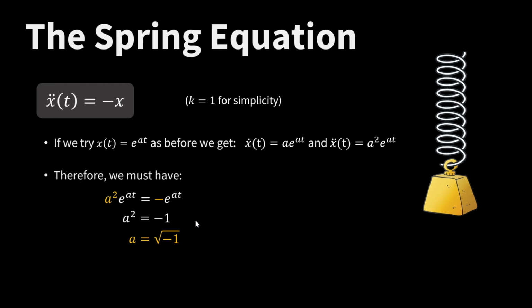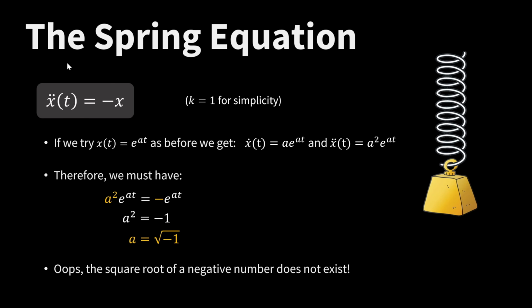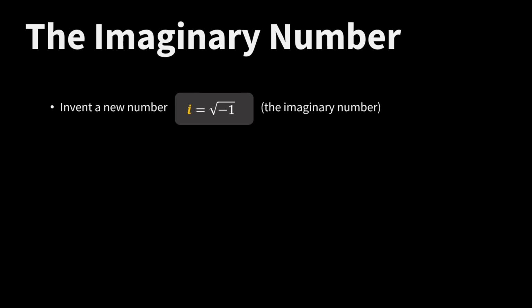So a itself is the square root of minus 1. Oops, the square root of a negative number does not exist. It seems that the differential equation has no solution. However, we know that a bouncing spring exists. What's going on here? Well, since there's no number on the real axis that solves our equation, we simply invent